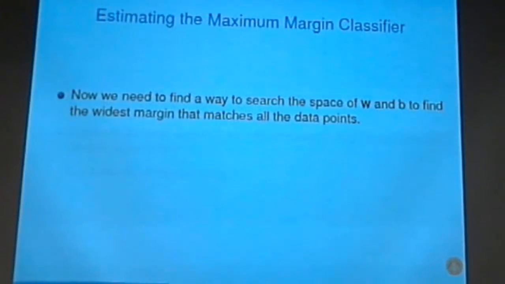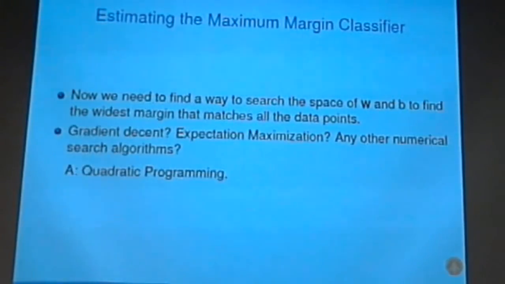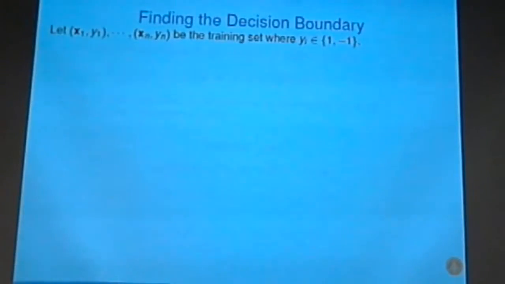So all we have to do with this parameterization is to search the space of w and b to find the widest margin that matches all the data points. The answer is quadratic programming. We don't have to know the detail of this quadratic programming. As for finding the decision boundary,